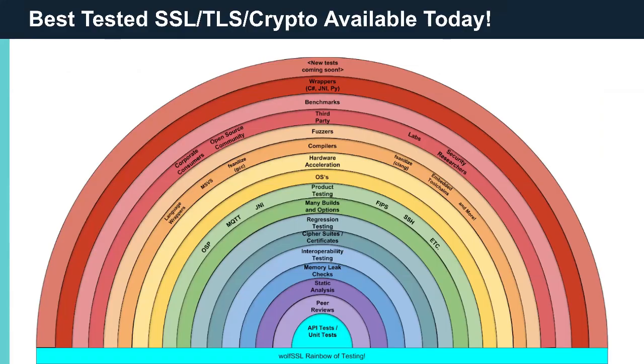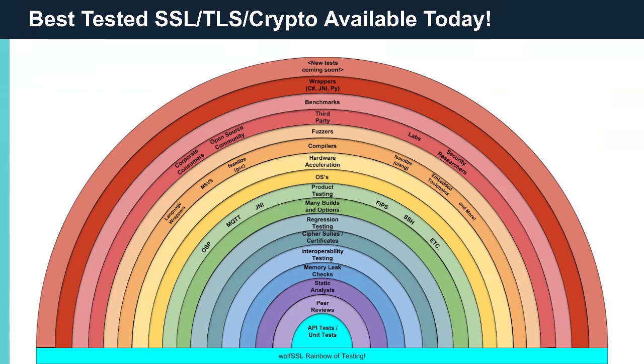We like to do a lot of testing of wolfSSL. The more testing we can do, the fewer vulnerabilities and bugs make it out into our end releases and turn into fewer problems for you as our customers. So this is what we call the rainbow of testing. It has a bunch of different kinds of testing that we do,